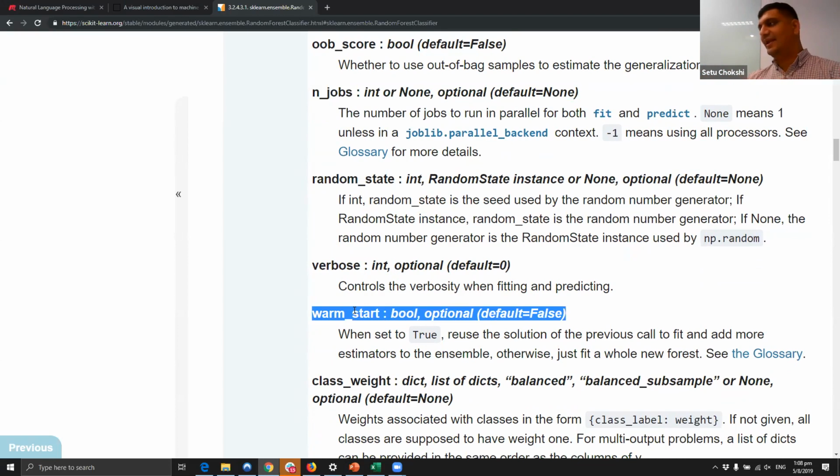So instead of rebuilding that whole set of trees again, you can set warm start equal to true, which means it will start off from, in this example, the 10 trees you started with. You say, okay, let's go and build 20 trees. It's going to start with the 10 trees that it has already built and add 10 more to it. It will start from where you left off and continue from there.